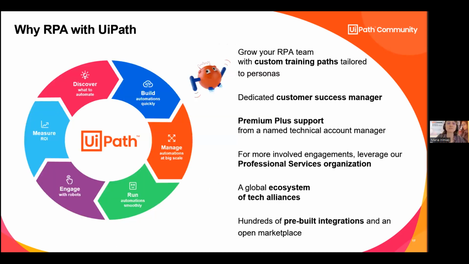Here, as I mentioned, UiPath is a very big ecosystem, a very big platform, which allows you to grow in this ecosystem. It provides you very brilliant technical consultancy. It has pre-built integrations and an open marketplace with a lot of integrations, but at the same time allows you to scale the processes into hyperautomation as mentioned. And hyperautomation is just a framework and a set of advanced technologies which allows you to scale automation in an enterprise.